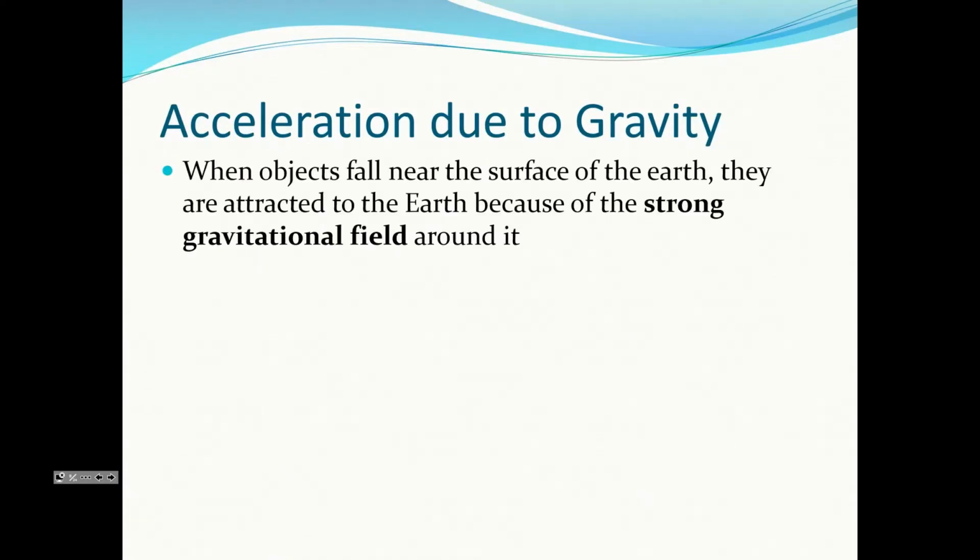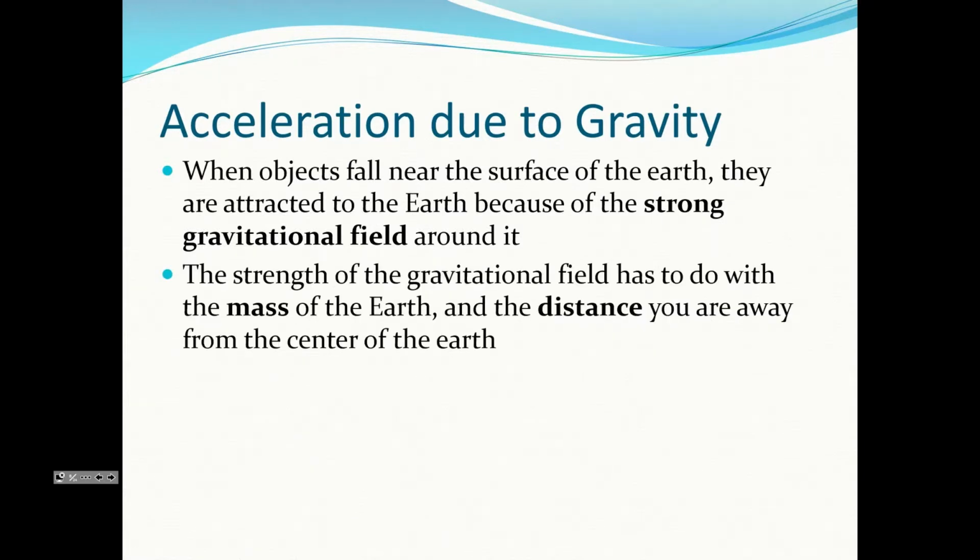So when objects fall near the surface of the Earth, they are attracted to Earth because of the strong gravitational field around it, around the Earth. Earth has a large mass, so it has a strong gravitational field. The strength of the gravitational field has to do with the mass of Earth and the distance you are away from the Earth. So if this is the Earth, this is the surface of the Earth, so this is us